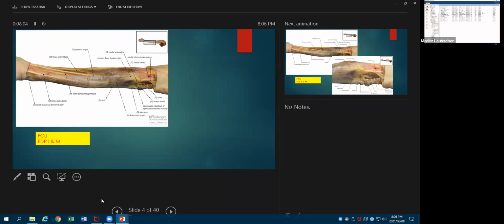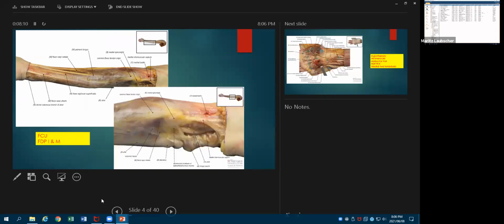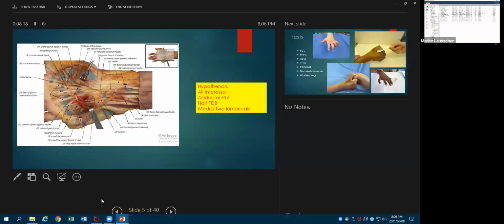Little and ring. Okay, those are the only 3 muscles that it supplies in the forearm. And then this is just a close-up of the anatomy as it goes through the 2 heads of FCU, but we'll come back to that a bit later. And then it goes into the hand, and in the hand it supplies, remember the median nerve supplies all the